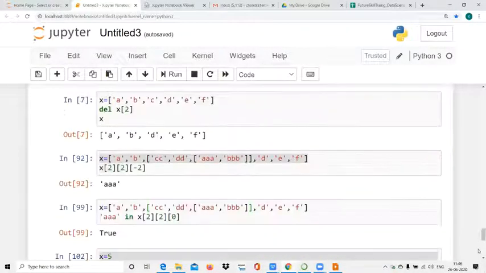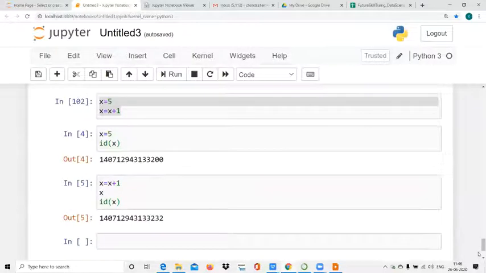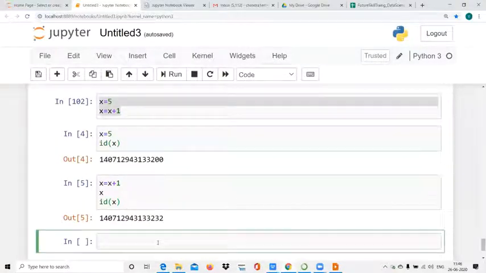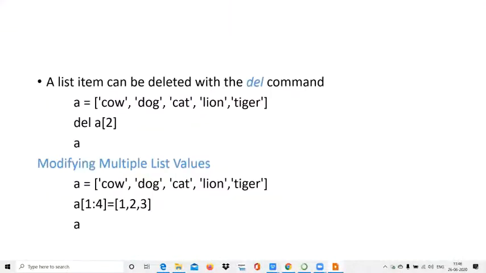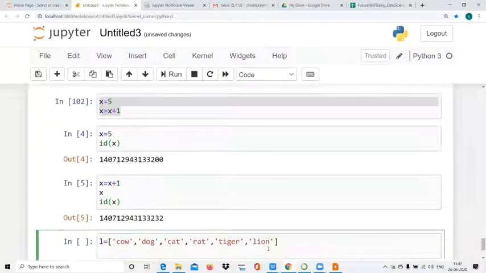So you people keep practicing. Okay, so this is a list. I want to change L1 slice 1 to 4 equal to 1, 2, 3.